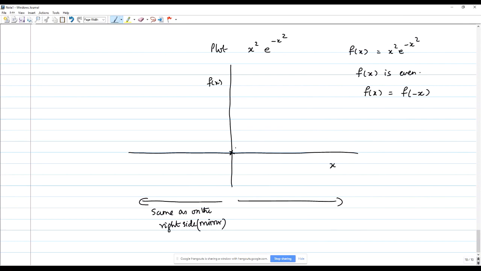Okay, fine. Then as x increases, e to the minus x squared decreases, but x squared increases. So it keeps on increasing, like a parabola, x squared. But the parabola is slowly brought closer to the x axis as a function of e to the minus x squared. And then there is a point at which this whole thing becomes a maximum. Beyond that, e to the minus x squared decreases so fast compared to how x squared increases that you will have that. Okay? This, of course, goes to 0 only